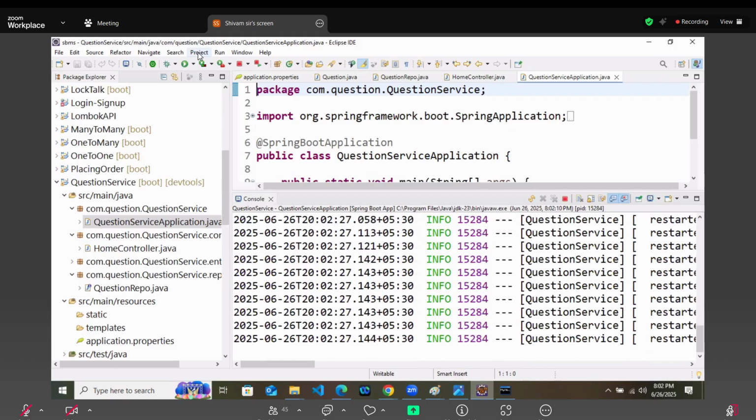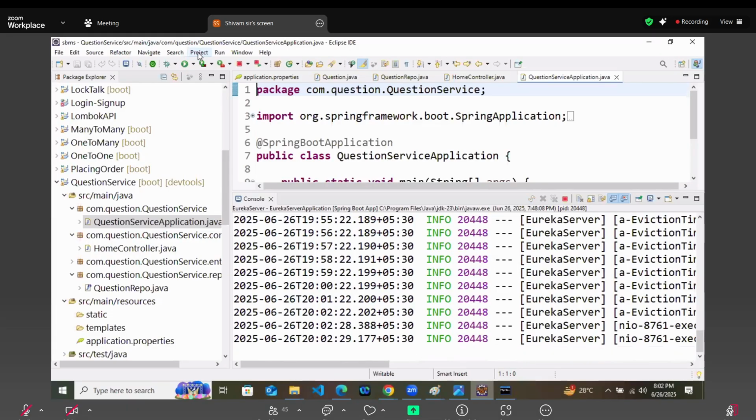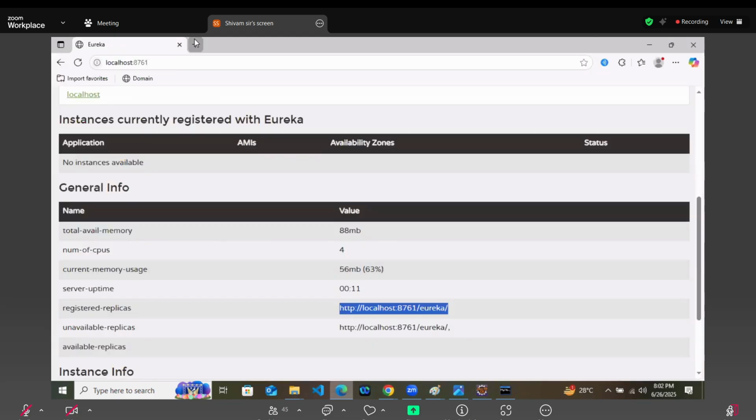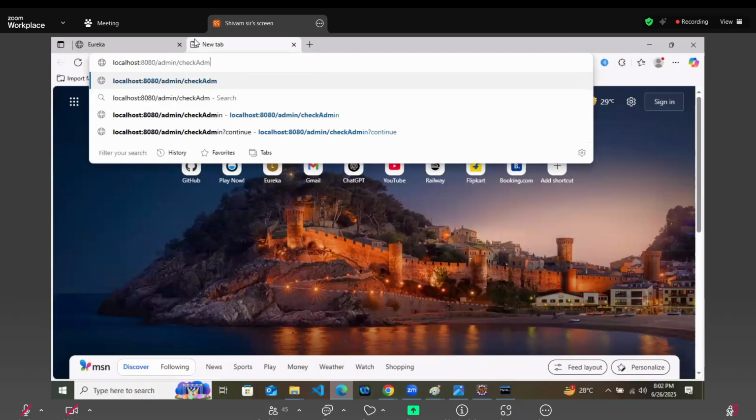And this time the table has been created, the connection has been obtained, and after that it is doing a lot of things. Now what we will do is go to localhost 8081